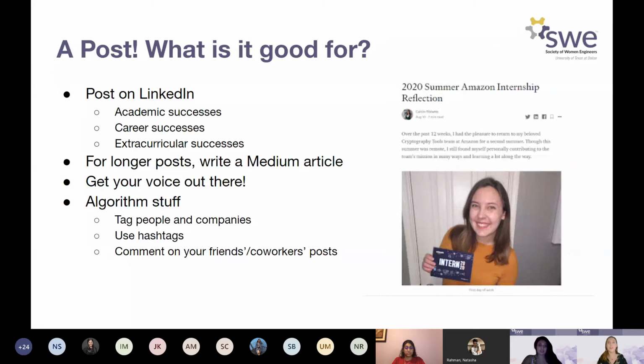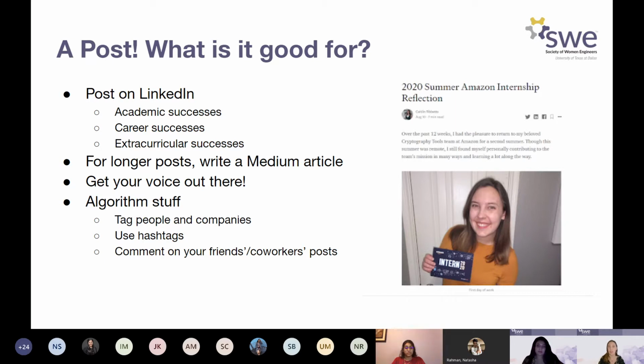Lastly, I have some stuff about algorithms. LinkedIn, like every other social network, has algorithms, and here are ways to make your posts stand out. Tag people and companies as much as possible. If you're talking about a person, do not just put their name in there. @ them every time, no matter who you're talking about, no matter how small the reason. If you can't because they don't have a LinkedIn profile, text that person to make one and send them our workshop, because tagging people and companies whenever you post about them gives your posts more reach.